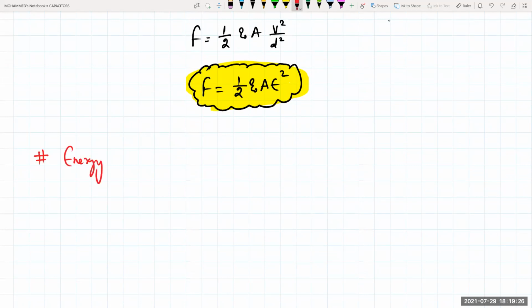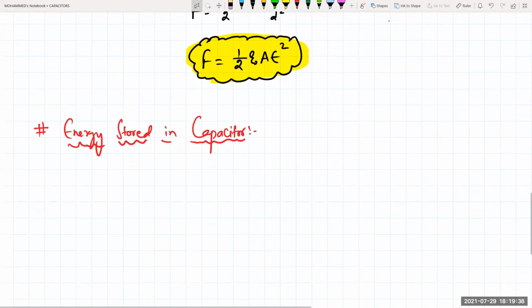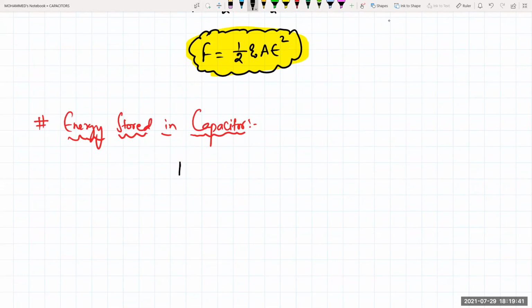Energy stored in a capacitor. Energy means a form of work. When you are storing charge in the capacitor, you are doing a certain amount of work. So how do you calculate the work done by the general formula? Work done is the charge stored at a certain potential V into dq. In electrostatics we learned V is equal to dW divided by dq. Work done to bring a unit positive charge from the point of influence is known as potential V. So dW is equal to V into dq.